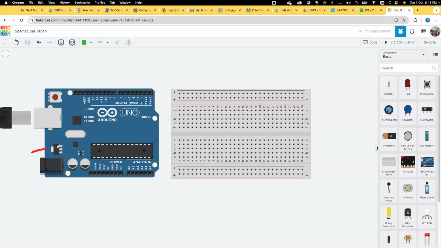Here you have the 9-volt battery, and here you have the USB port to connect it to the computer. And up here you have pins. As you can see, you have digital pins 0 up till 13. You have the ground. Down here you have two grounds, one 5-volt, one 3.3 volts, and you have analog pins.